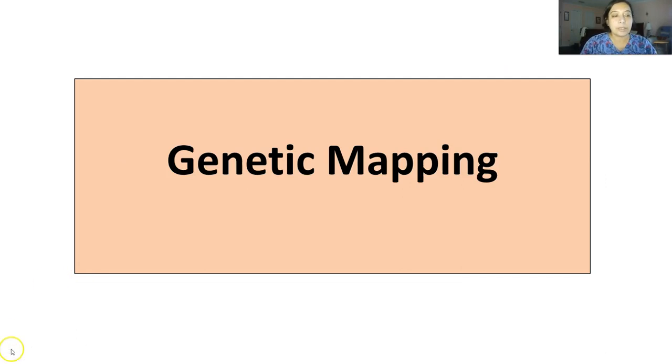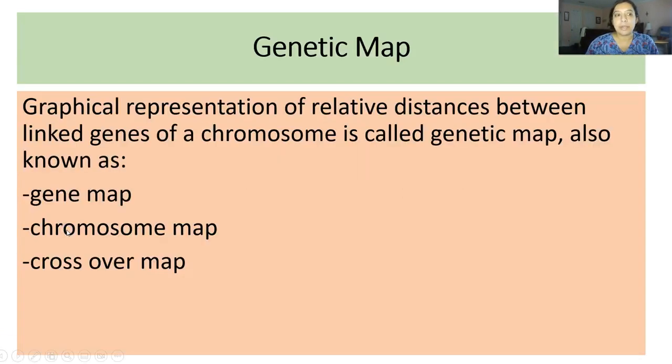So next, we are going to talk about genetic mapping. Let's talk about how we can use this to map genes and to organize them on the chromosomes and learn more about their location. By using this linkage method and looking at linked genes on chromosomes, we can create a genetic map,